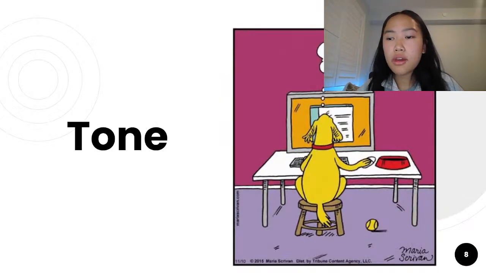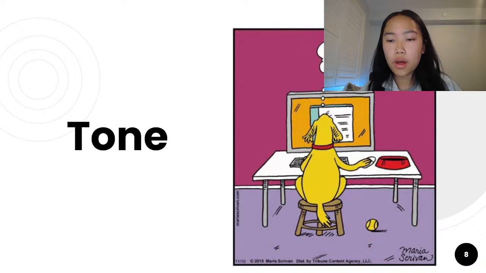So why is the tone so important in emails? Well, you have to account for your tone because the reader can't really see your face or hear the tone of your voice. So choose your words carefully, wisely, and thoughtfully as well. Think about how your words will come across in cyberspace.